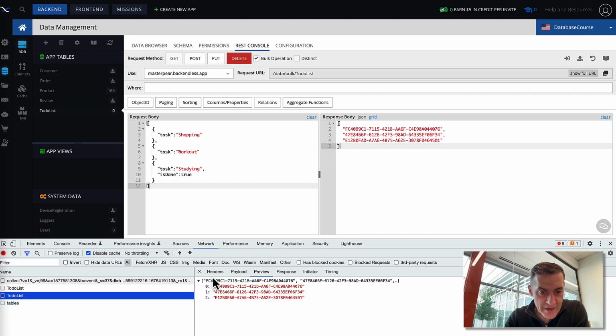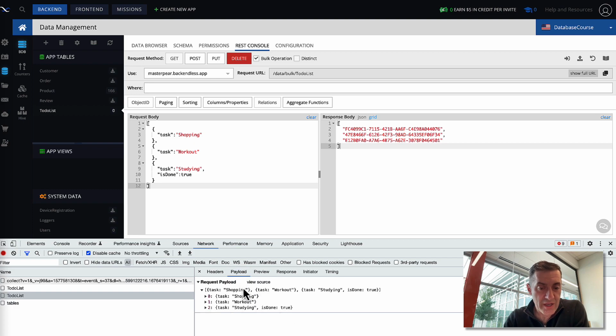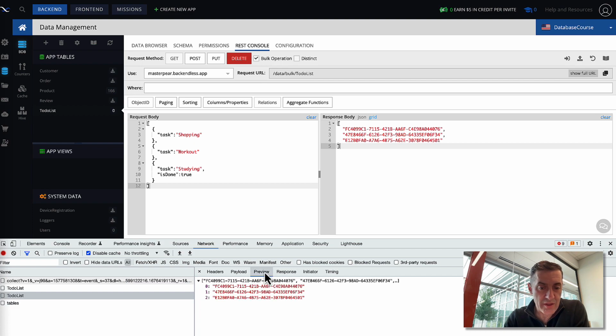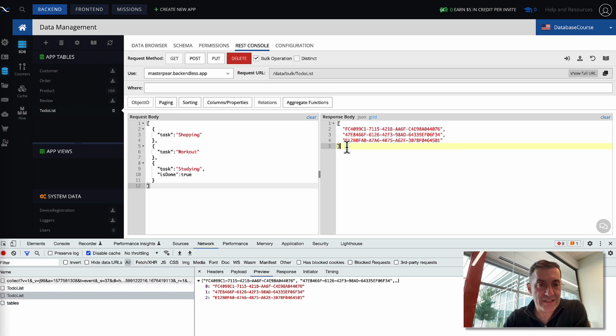In the actual request right here, this is where the request went out to. Notice that in the API endpoint after /api/data, there is this part of the URL that says bulk. That instructs the backend server to treat that request as a bulk request. It is post, which will be the create, and then to-do list designates the table where those objects need to be saved. In the actual payload, it is the array of these objects that we sent. And in the response, it is shown here. It is an array of object IDs that we got back.